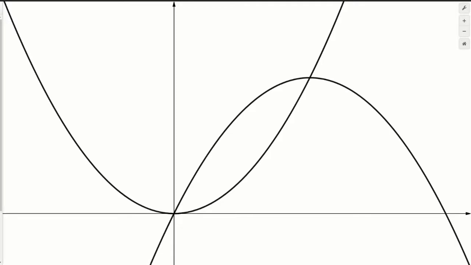All right, so this is the picture of the two graphs together, and for this problem I have an intention for not mentioning which graph is the graph for x squared and which graph is the graph for 2x minus x squared. I have a reason why I'm not mentioning that in this video lecture, because as we are working through this problem, I would like to point out another